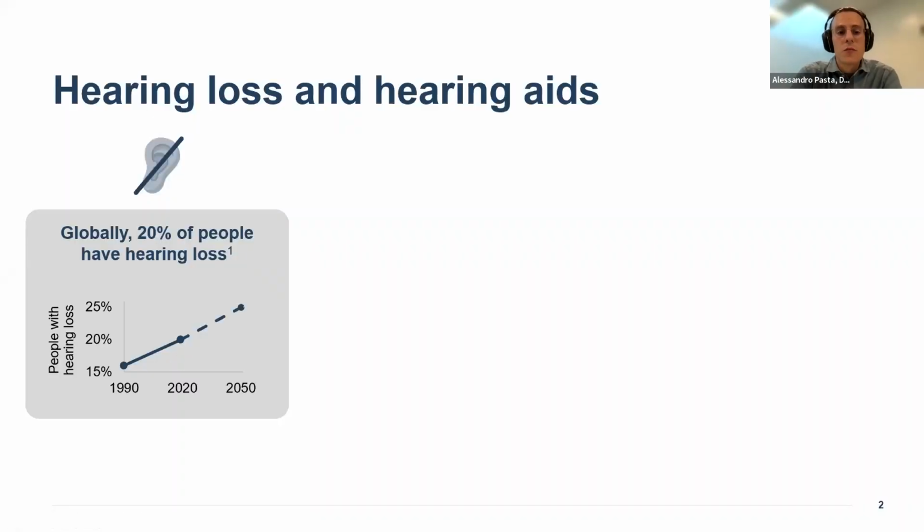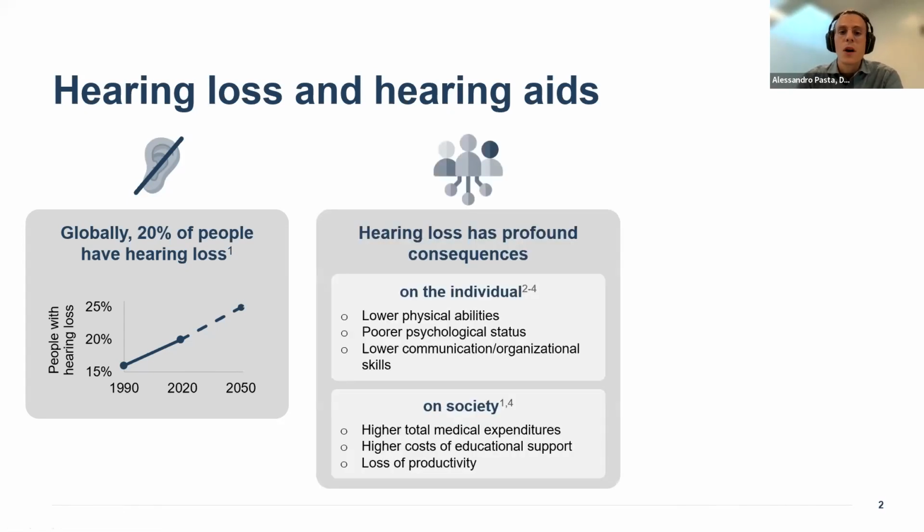globally, 20% of people suffer from some degree of hearing loss. And this percentage has been increasing in the last 30 years. And partly due to the aging of the population, this percentage is expected to increase in the coming 30 years. The World Health Organization is estimating that by 2050, around 25% of the population will have some degree of hearing loss. And not only do we know that hearing loss has a high and increasing prevalence, but we also know that